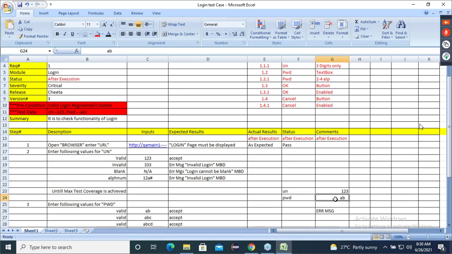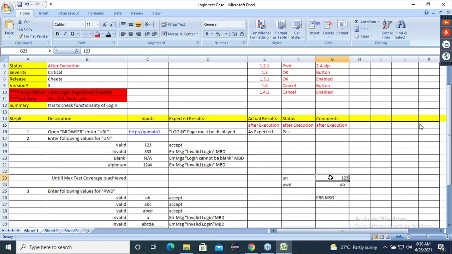In the database, there is a table called the login table. In the login table, when he opens it, he wants to see whether this username and password is there or not. Now when he opens the login table, what he found is that this username and password is not registered in the database. How many of you are understanding what I'm saying?